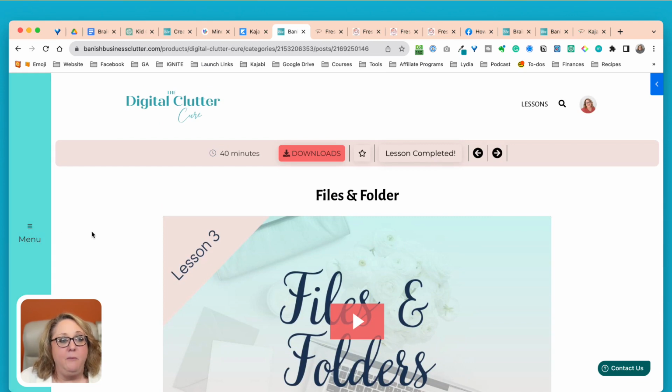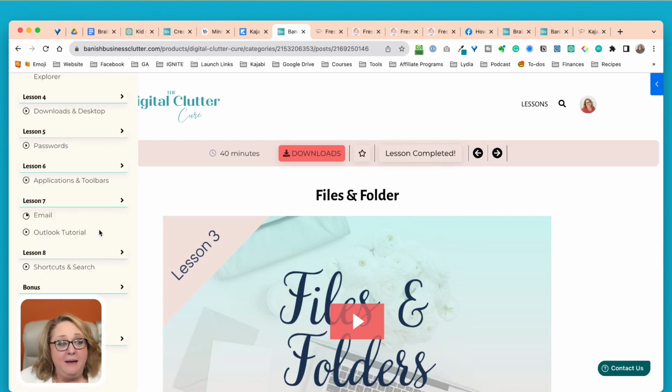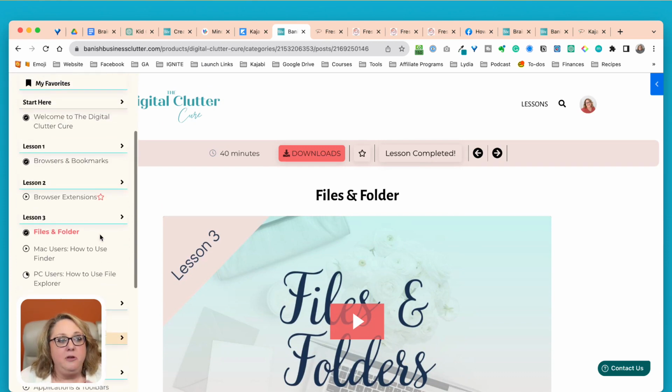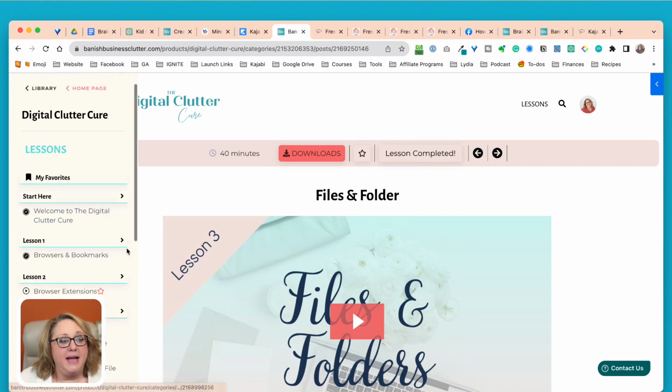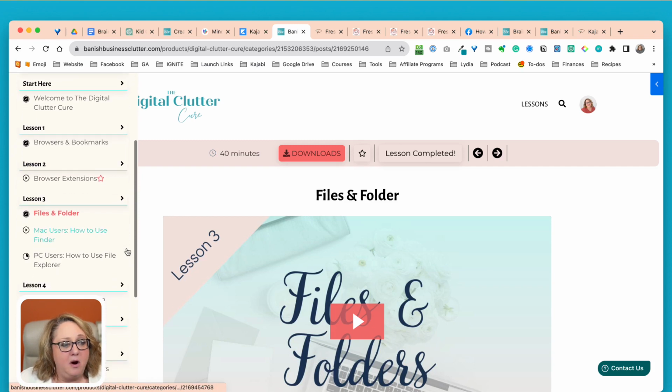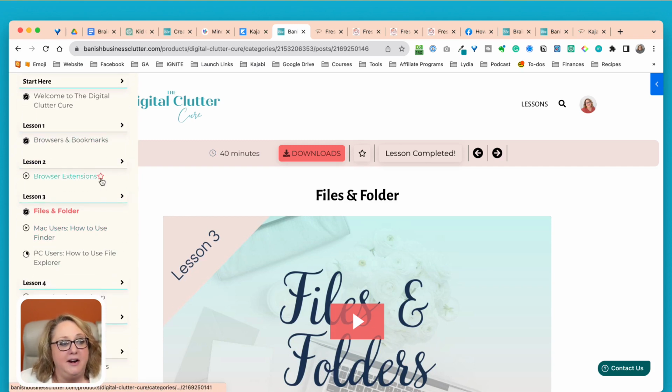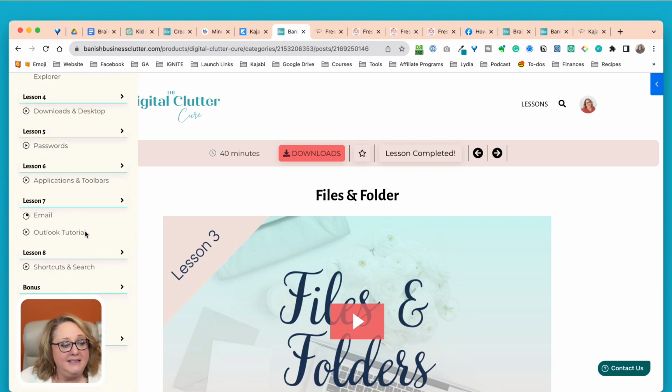And if you've been wondering what platform creates a beautiful experience like this, I'm doing it with Kajabi. And I'm using what's called the Sunset theme. So that's what creates this amazing sidebar. People can mark lessons that are favorites. It gives them check marks as they're going through the lessons.